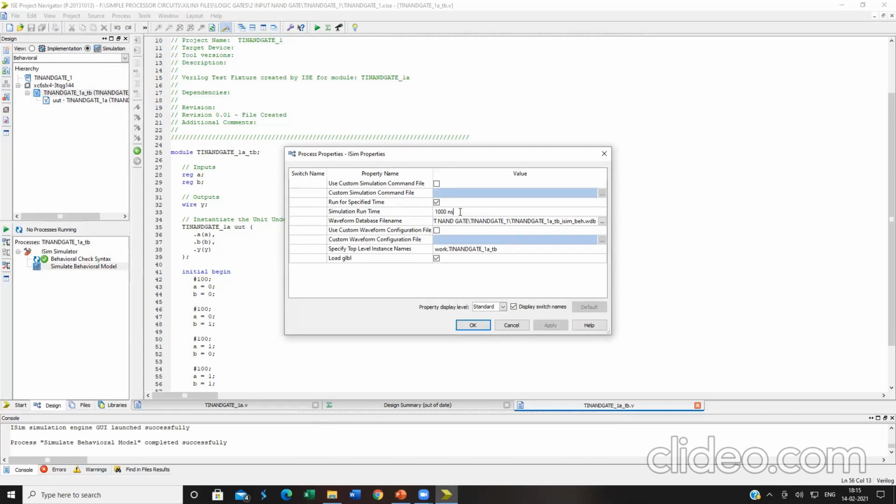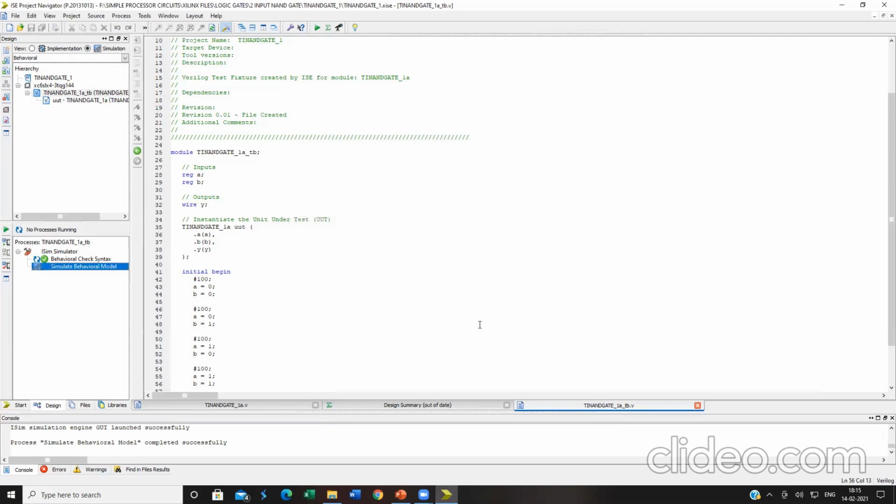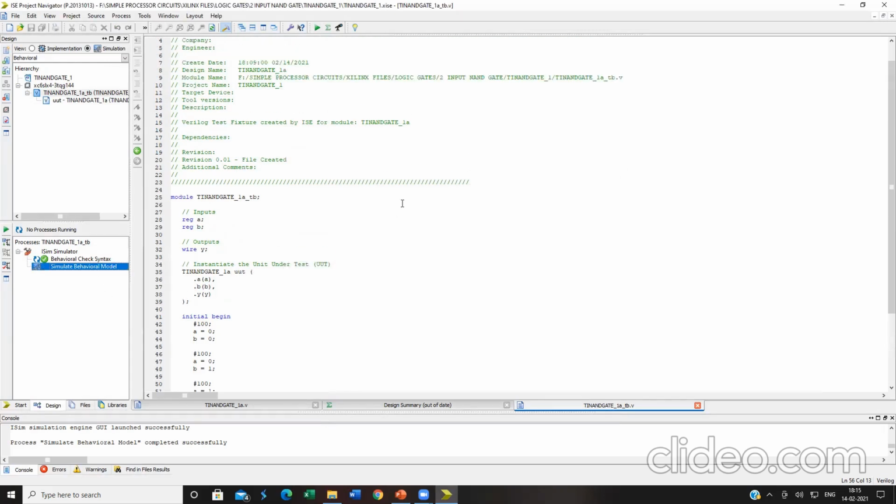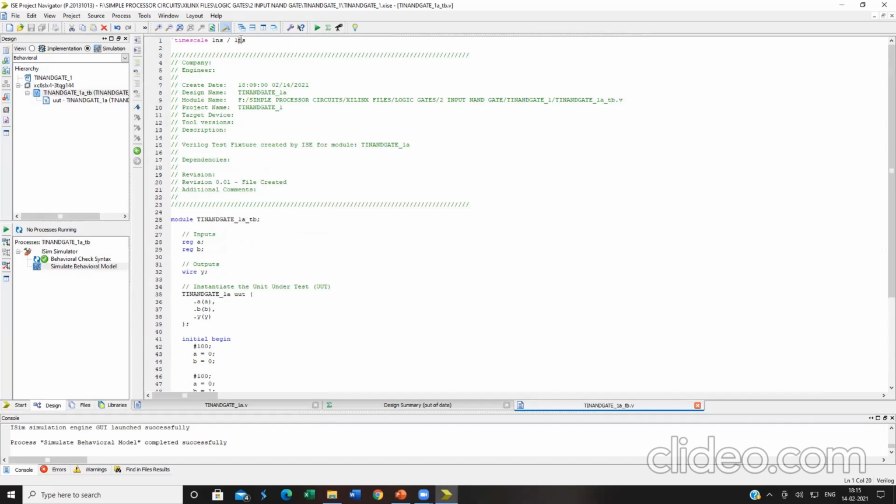So here, according to the simulation I want, I can change this. See, 500 nanoseconds I am setting. Click on OK. Here also change it to 1 nanosecond. Time scale always must be 1 nanosecond by 1 nanosecond. Select the test bench file. Click on simulate behavioral model. The first time alone you can check the syntax.